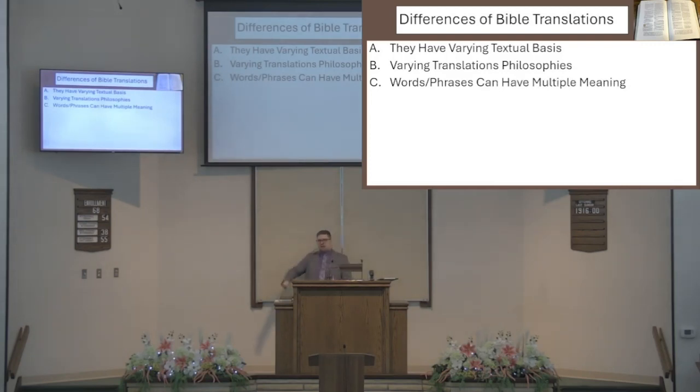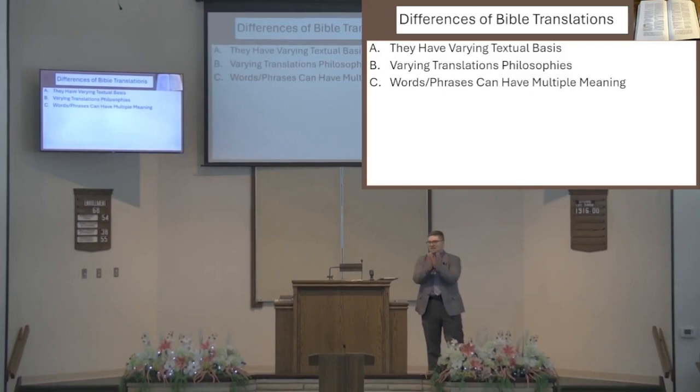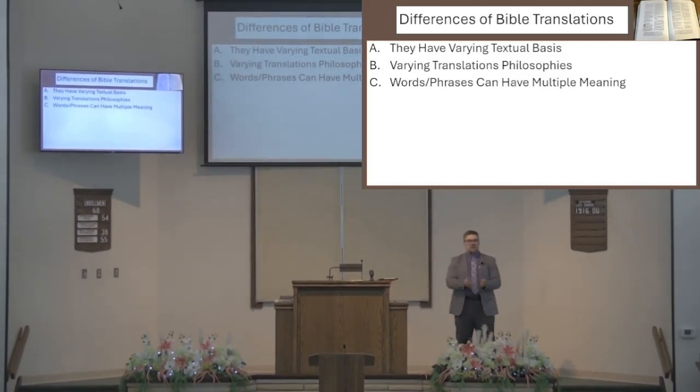So, what are the differences of Bible translations? Well, they have varying textual basis. It could be majority text or it could be critical text. They have varying translation philosophy. Some are word for word, some are thought for thought, some are trying to sort of be somewhere in between those two. And then finally, sometimes there's a difference because words and phrases can have multiple meanings. Now, I said earlier, you could have an ESV, an LSB, an NASB, an NIV, and a CSB all open before you, and you're going to find some differences. Why is that? Well, they're based off different